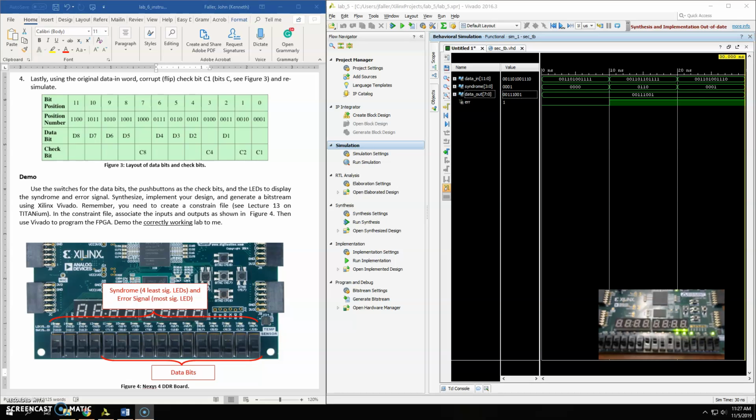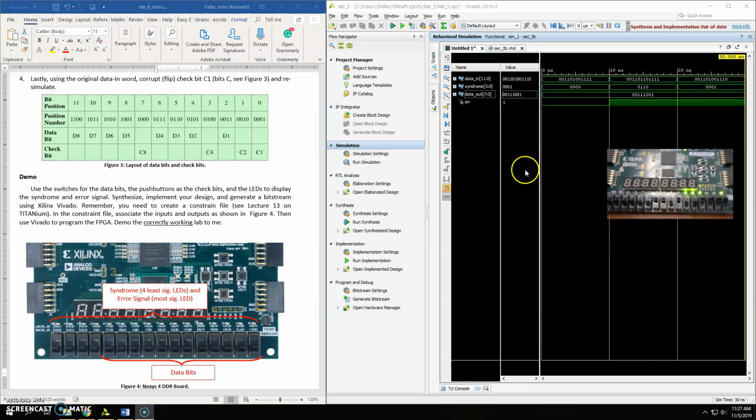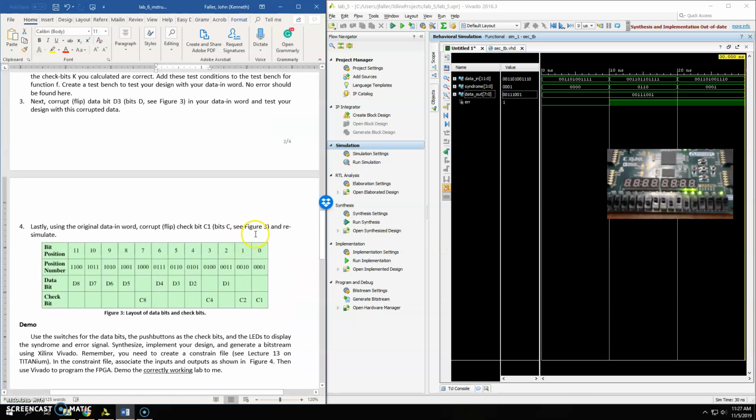Okay, so this is to show you what the program should look like on the FPGA. Down here, you'll have these switches. This has 12 switches that you're using. The four most significant switches are not being used, and those are going to correspond to the data in bits. Going from bit 0, the least significant, to bit 11, the most significant, those are going